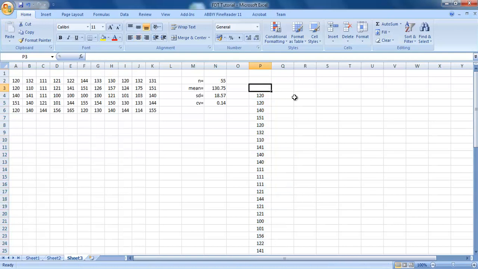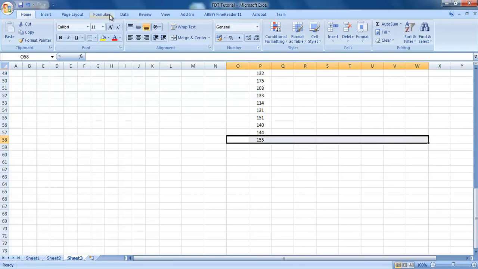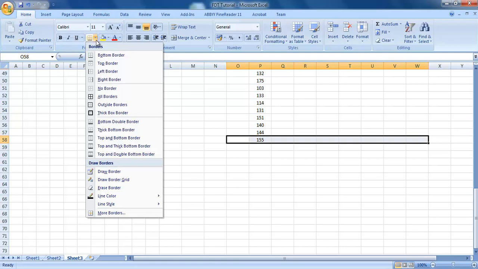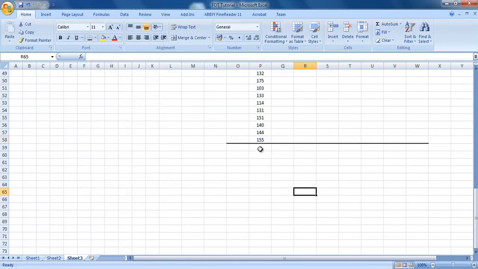Okay, so I'm going to label this as X. So I'm going to center the label. Then I'm going to calculate the mean. So the mean is